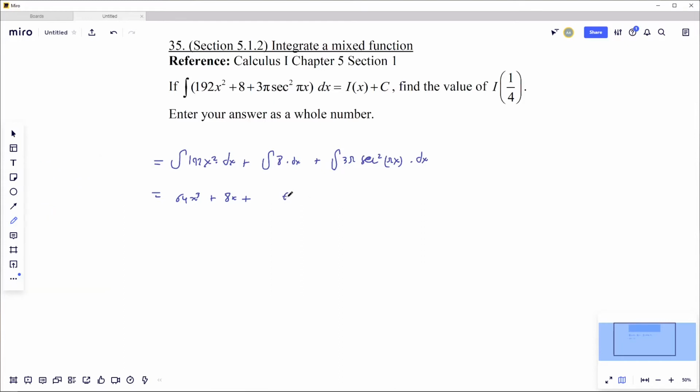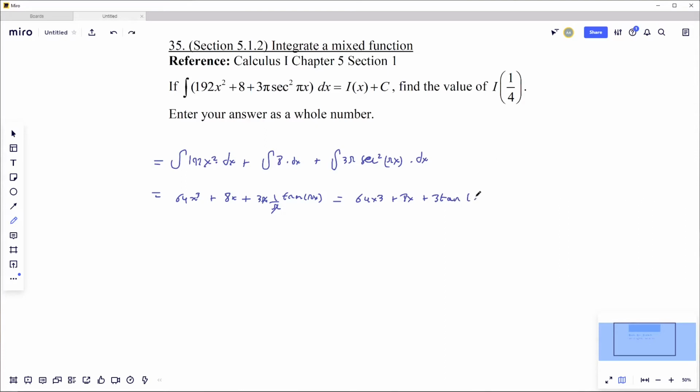So tan pi x, but we're not done. We have pi x. So if you integrate a derivative, you're going to divide by the derivative of what's inside. So 1 over pi times 3 pi. Pi and pi cancel, and you're left with 64x cubed plus 8x plus 3 tan